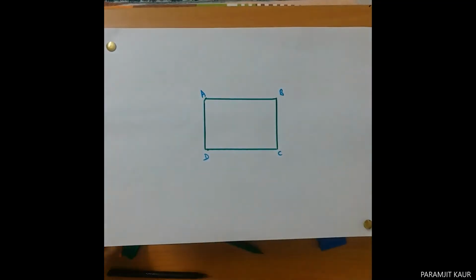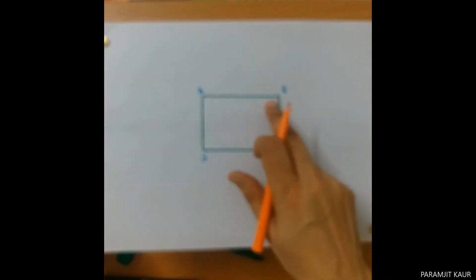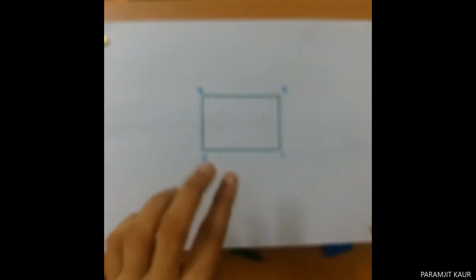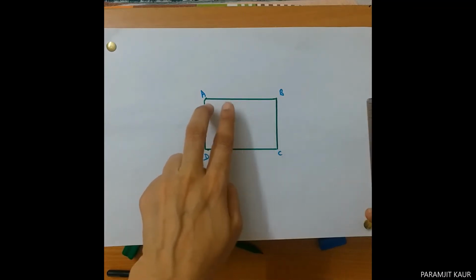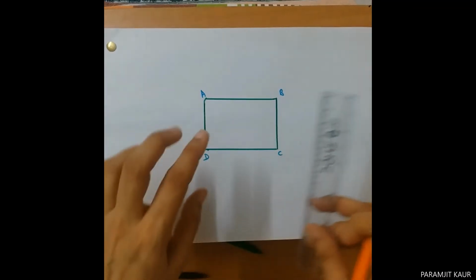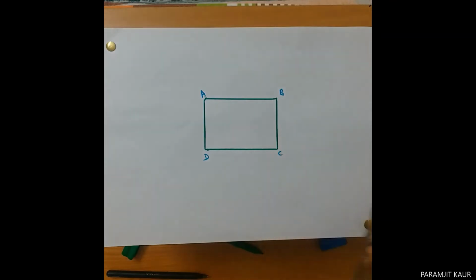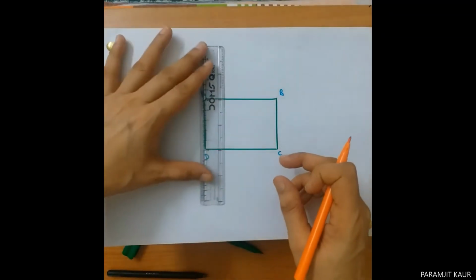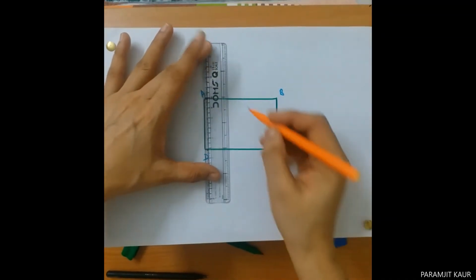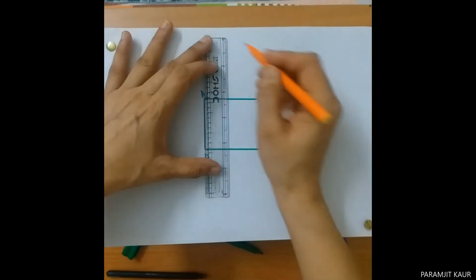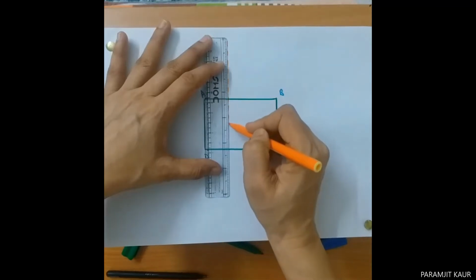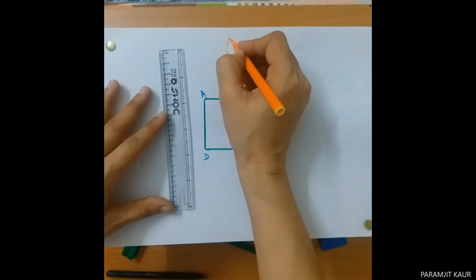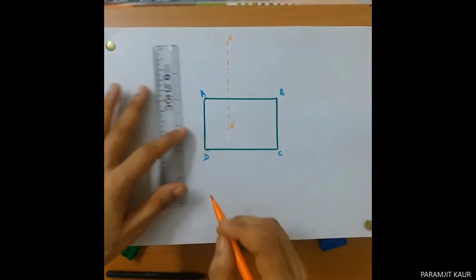So we are going to draw the normal to the first interface AB. Remember, when you draw the normal, you have to draw it within the first half of the interface. Now why within the first half of the interface? That is so that the emergent ray doesn't go out of the glass slab. So I'll use my scale to draw the normal on the first interface, that is AB. Say this is my first normal. I name it as N dash.